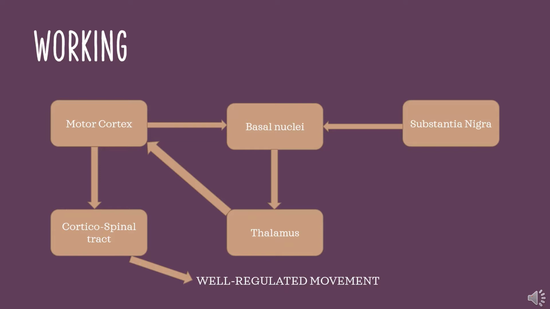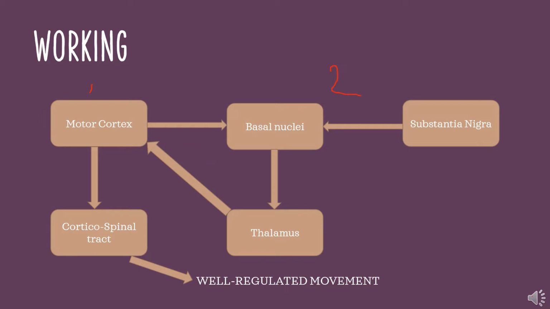First up, the thought of swinging the golf club itself arises in the motor cortex, which includes our primary, supplementary, and premotor areas. This thought is then conveyed to the basal ganglia structures, which process the info and also